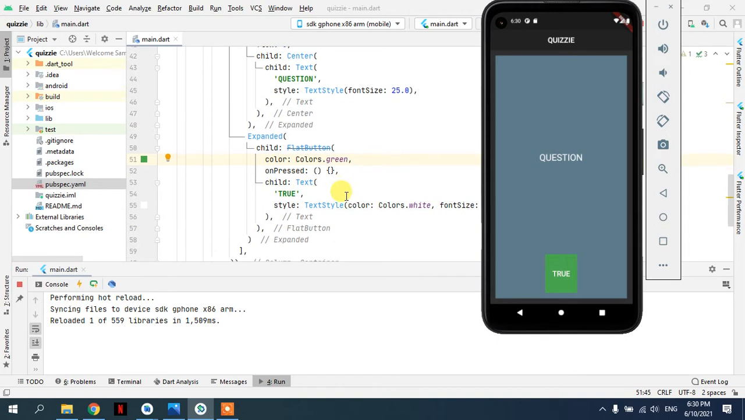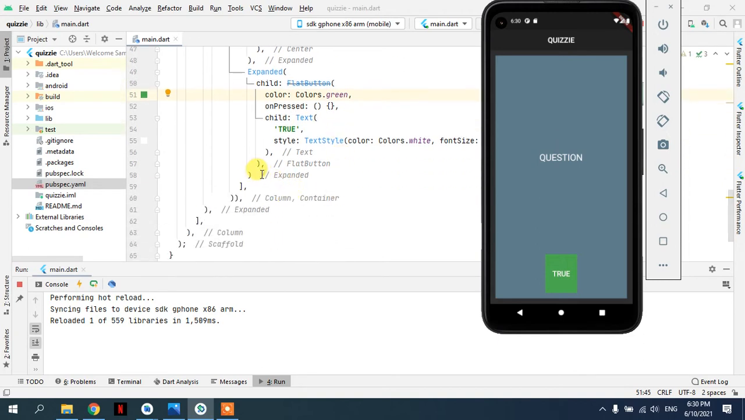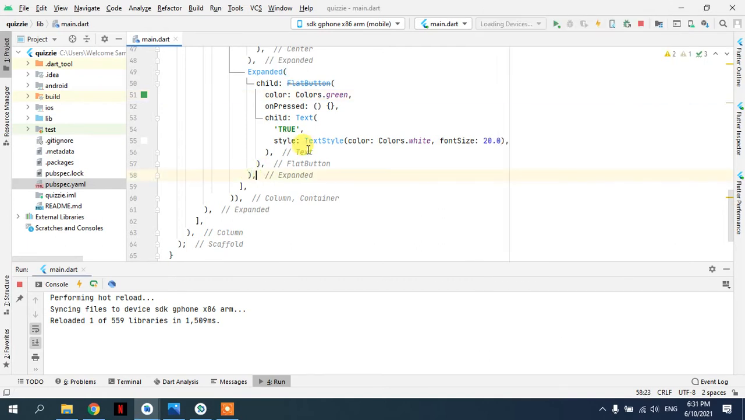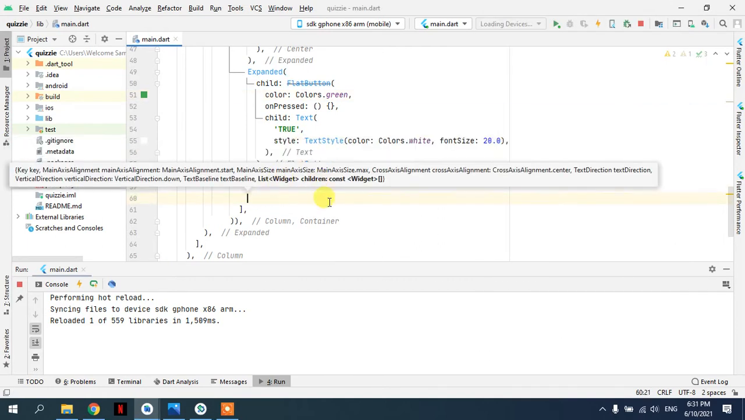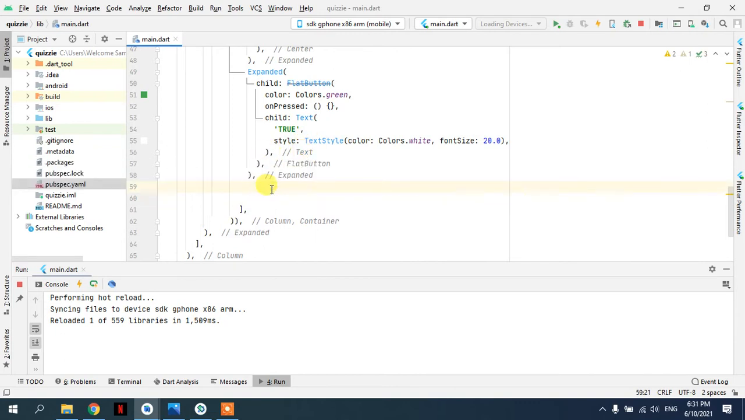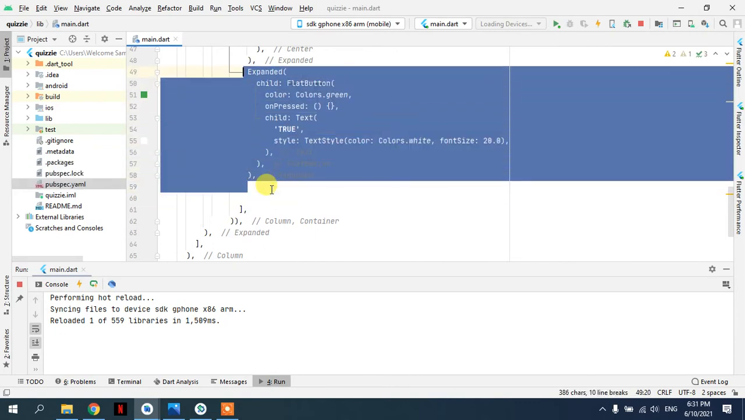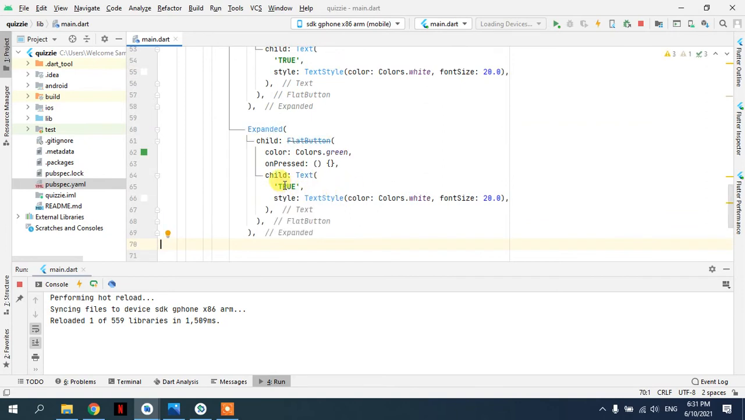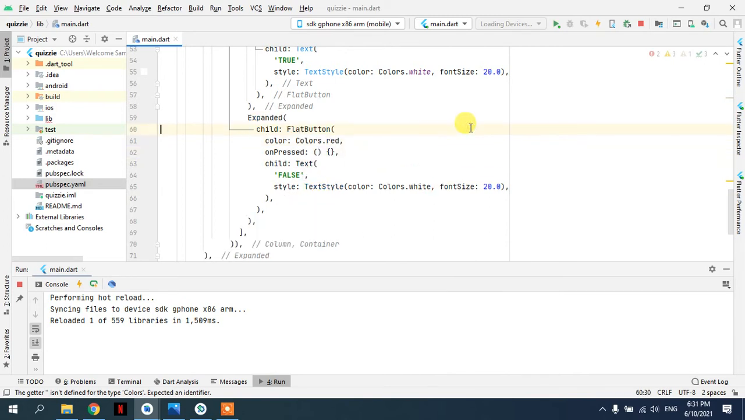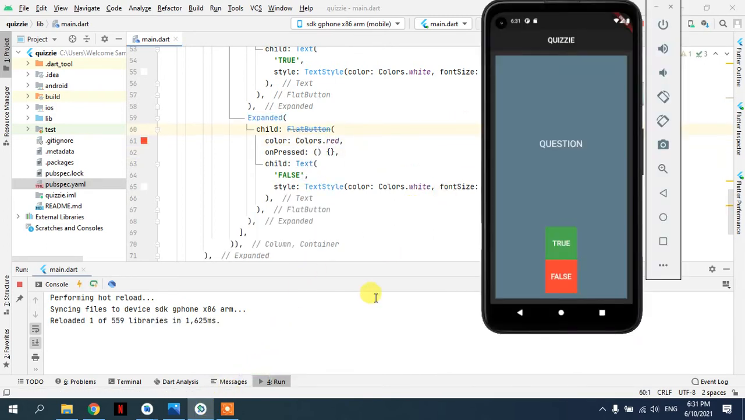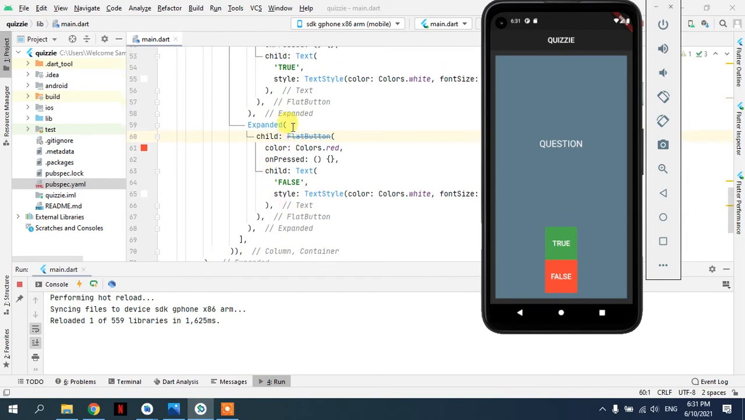Okay, let's keep on working on that, and why is that, we would need another expanded widget that takes in false, and obviously this is white, and the background is red. So now if we press Ctrl S, this is what we have got, and now we want to give